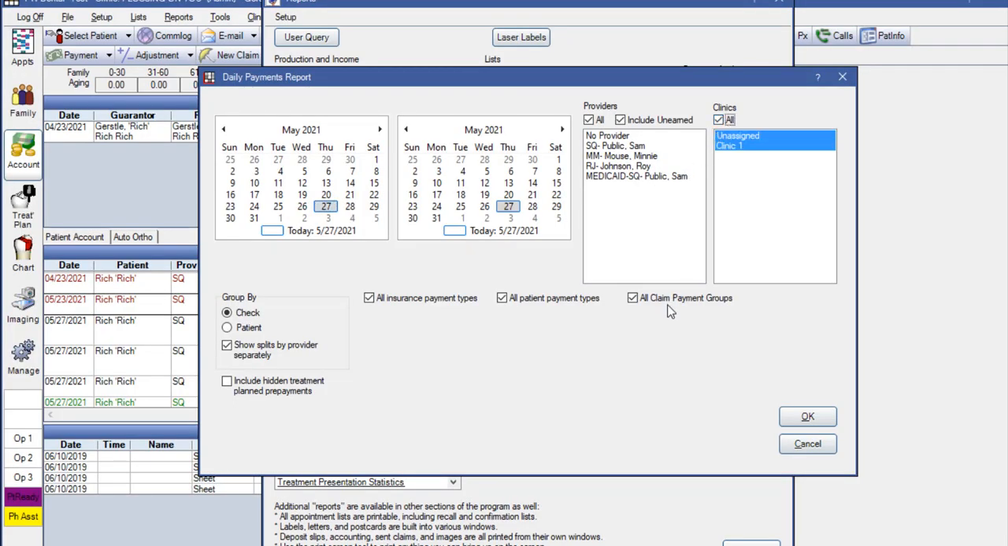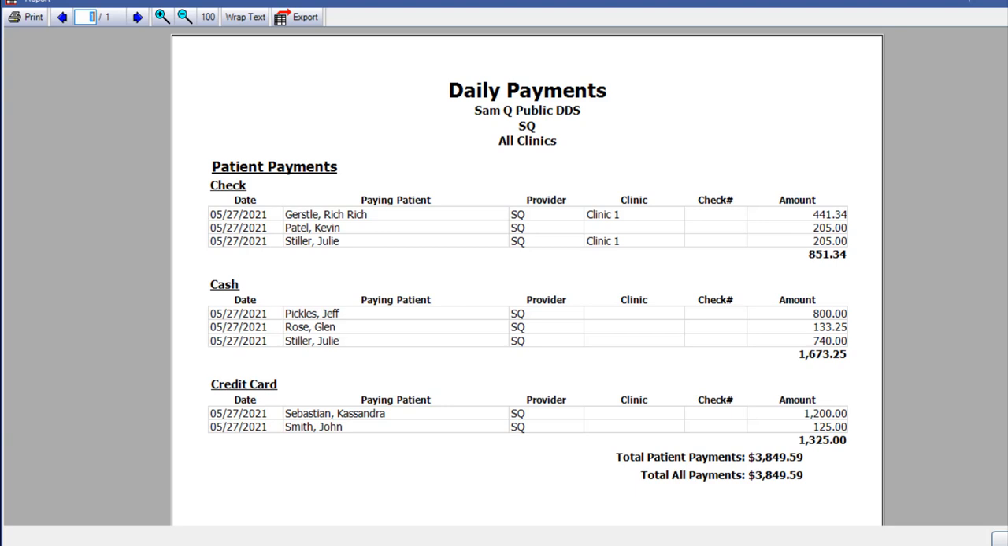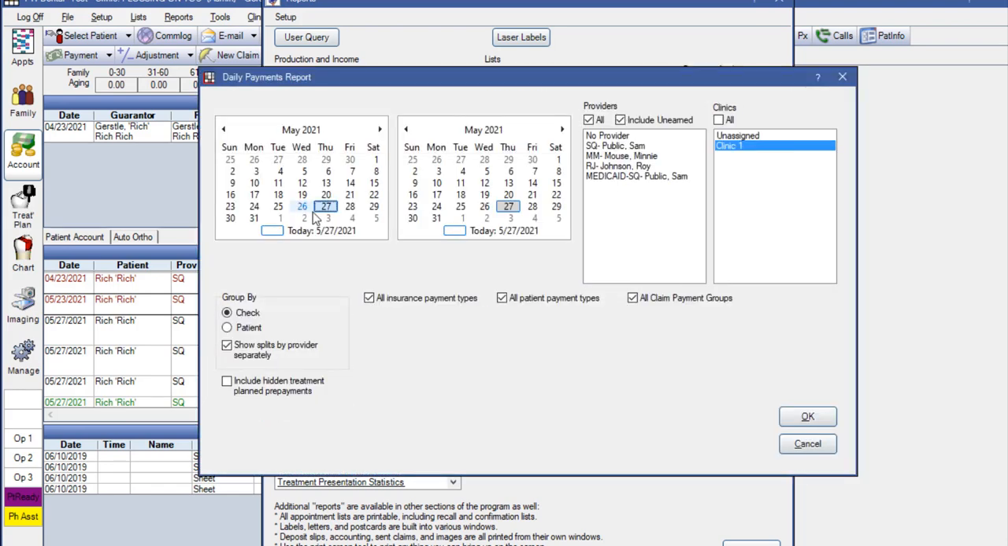We have the ability to run the report for all of the providers or a single provider. If you wanted to run the report for a single provider, you would simply come into your provider's checkbox right here, and select the provider you wanted to run the report for. I will select SAM Public, and we will click OK. This will show me all of the payments that were posted to provider SAM Public for today. If we close out of this report, we can then go back to our payments report